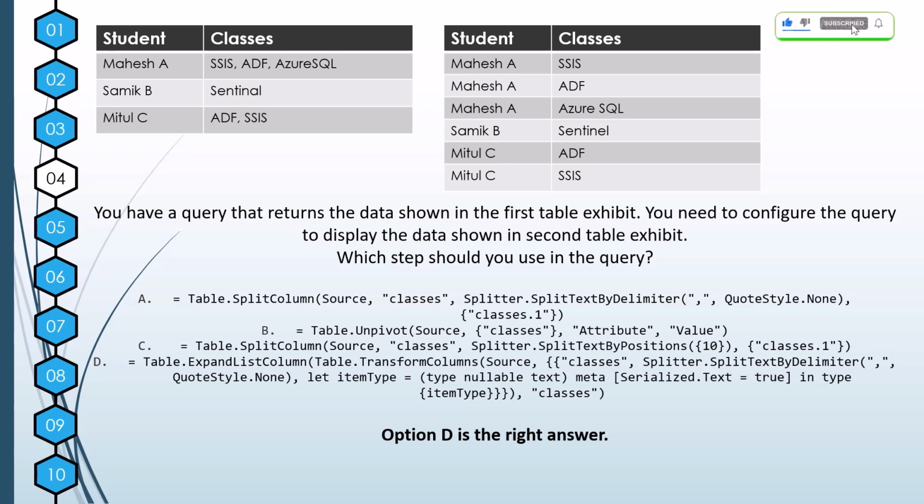You have a query that returns the data shown in the first table exhibit. You need to configure the query to display the data shown in the second table exhibit. Which step should you use in the query? Option D is the right answer. Table.ExpandListColumn(Table.TransformColumns(Source, Splitter.SplitTextByDelimiter(QuoteStyle.None), let item type = type nullable text meta [Serialized.Text = true] in type {item type})))